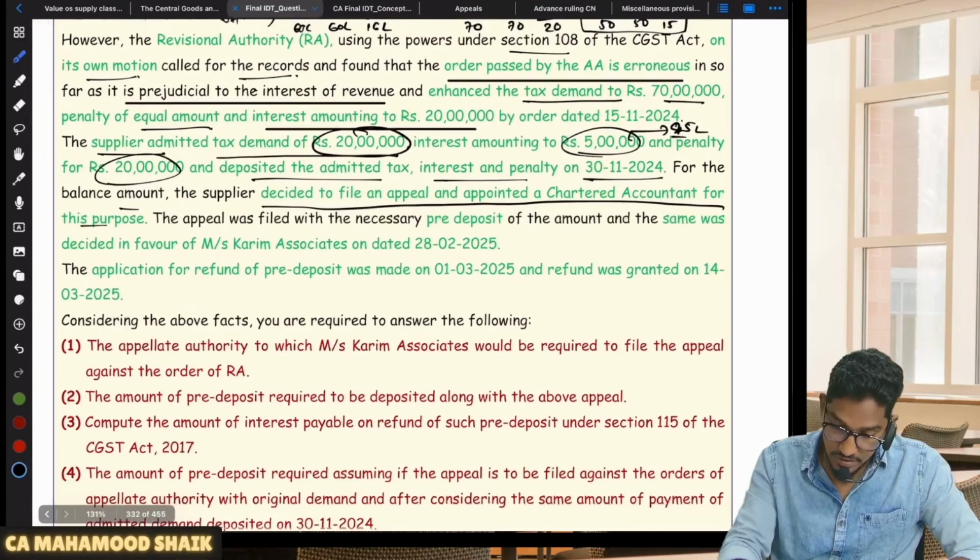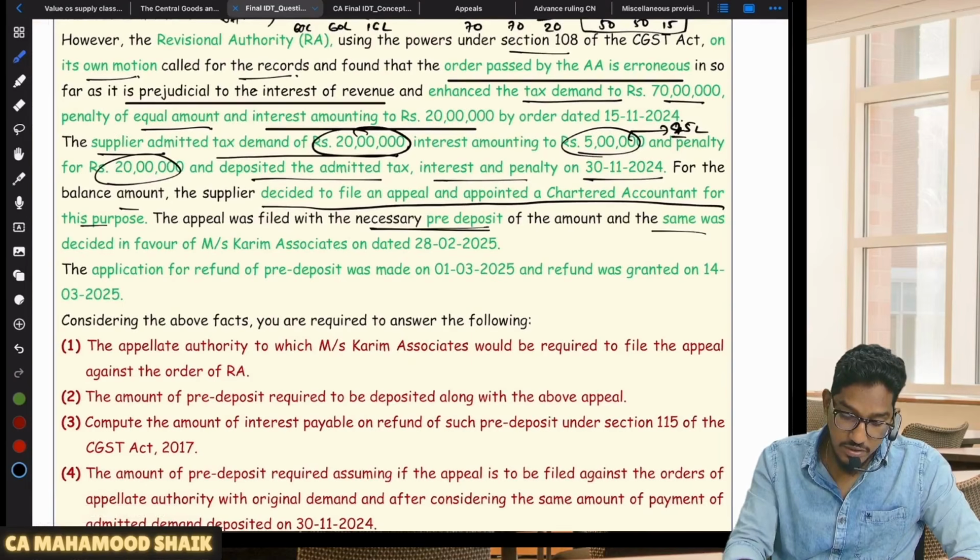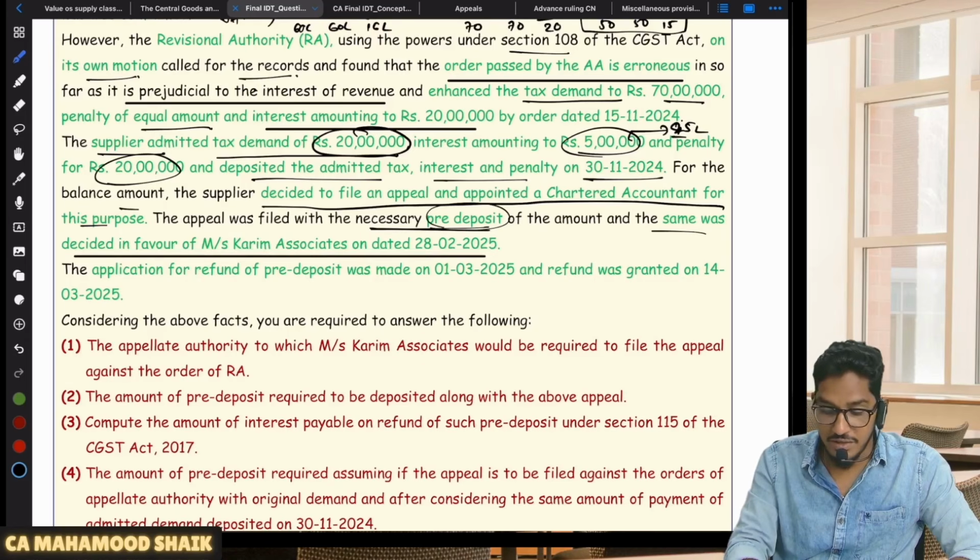Then what happened? The appeal was filed with the necessary pre-deposit of the amount, and the same was decided in favor of Karim Associates on 28th of February. So he made a pre-deposit, and ultimately the judgment was in his favor. Now from all these facts, what is the question? The application for refund of pre-deposit was made on 1st of March 2025 and the refund was granted on 14th of